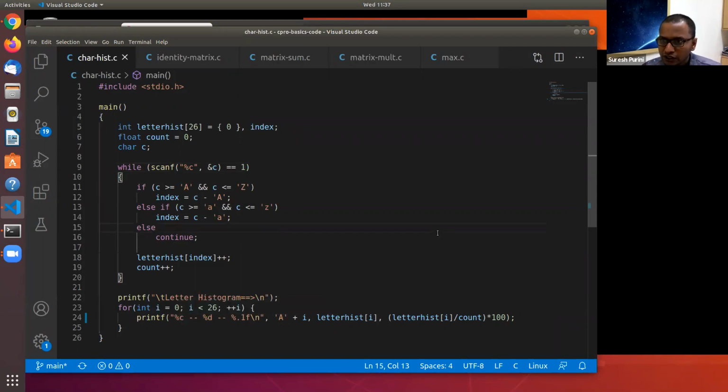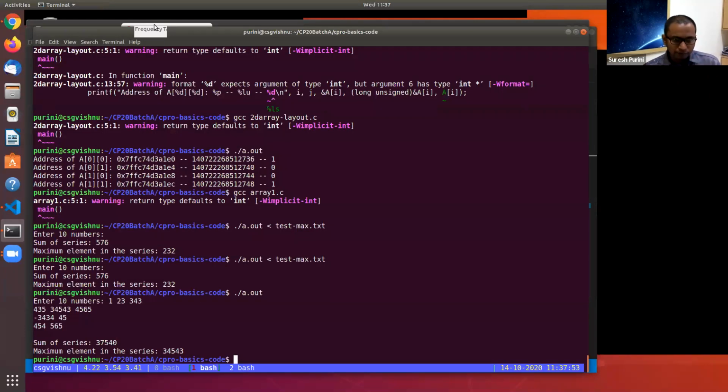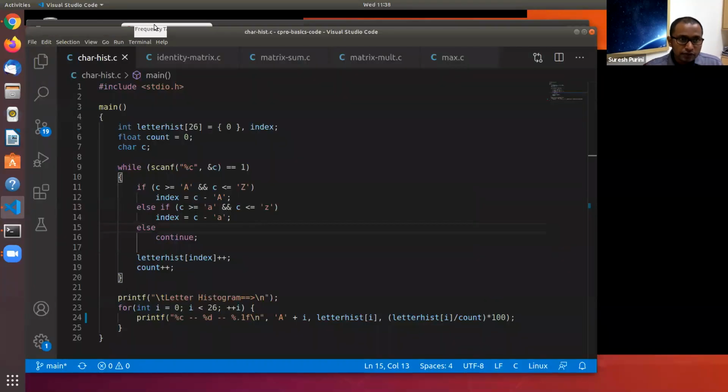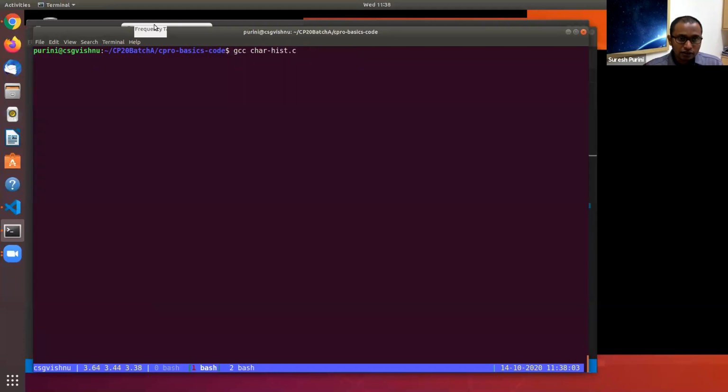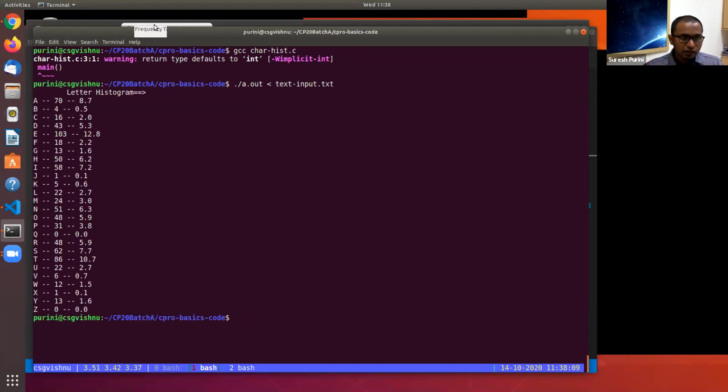Okay, so there is a question. What are we doing here? Let me first run the program, I will show you, and then I will explain the code again. gcc char hist.c, then a.out less than text input.